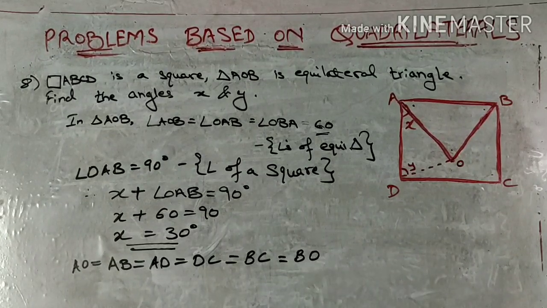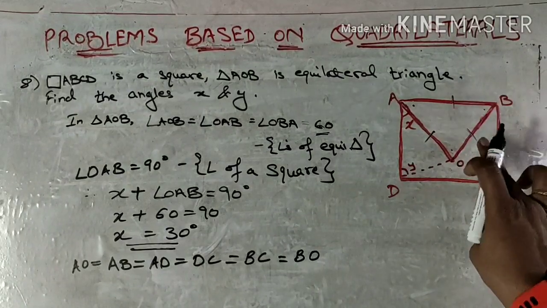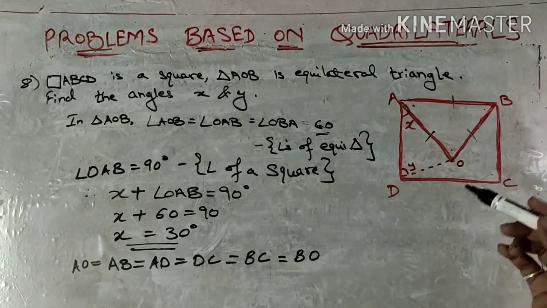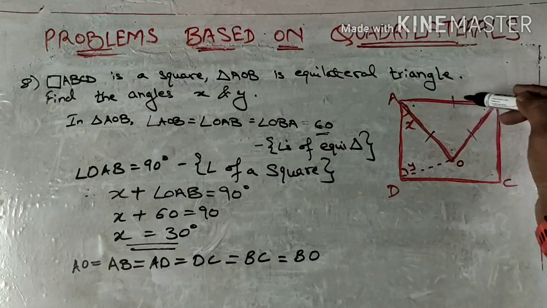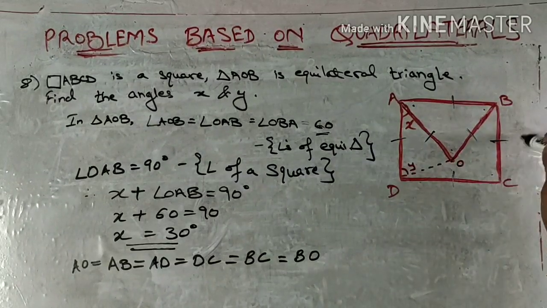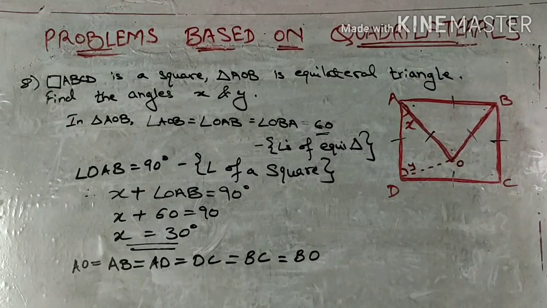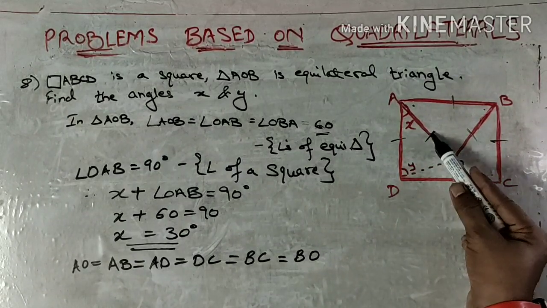DO, because these are the three sides of an equilateral triangle. But since these two sides are equal to this also, and this side belongs to this square, they all are equal. So my target is to look at these two sides, because my y is involved over here. If these two sides are equal